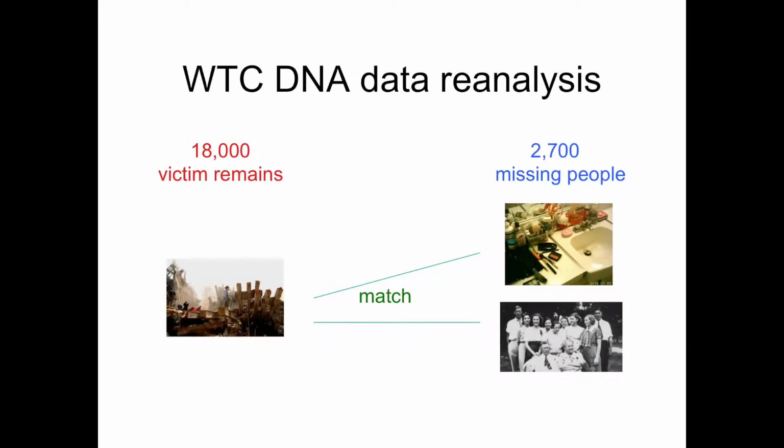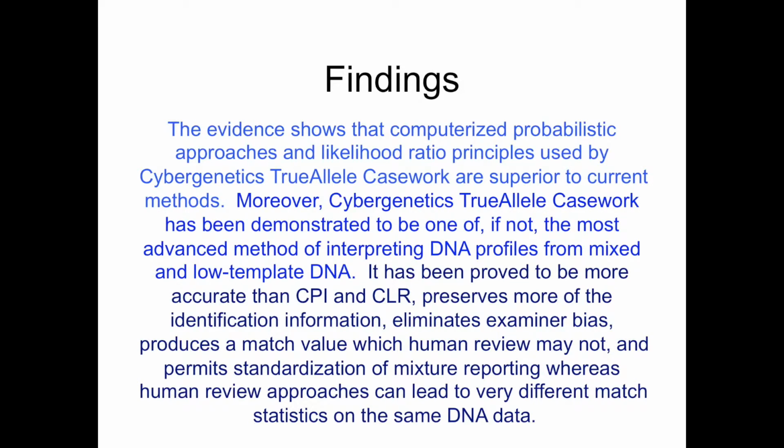We also had used True Allele for other projects. For example, in New York State, we had reanalyzed the World Trade Center victim remains, so about 18,000 highly degraded DNA samples, and also analyzed the 2,700 missing people DNA from personal effects and families, and then made comparisons and provided that information to the medical examiner. And so there was a lot we had done in New York, and the findings of the judge were that